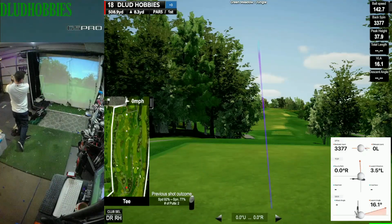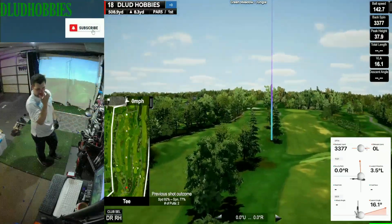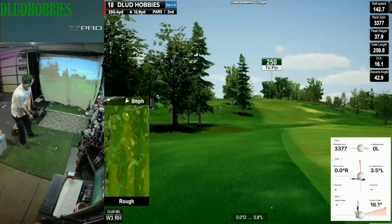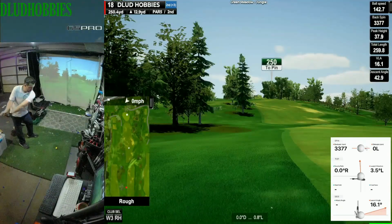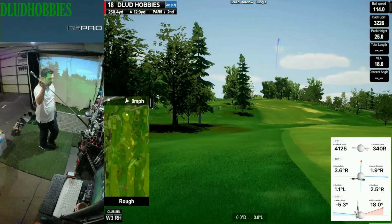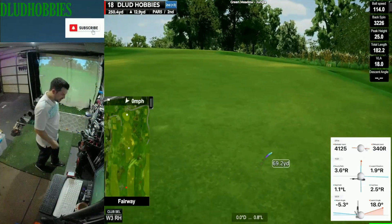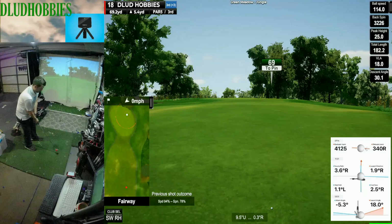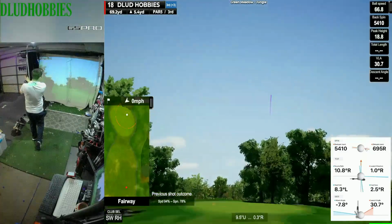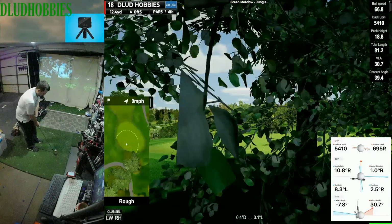This is a nightmare drive for me, usually trying to not fade it, but I did a pretty good job of keeping it on a straight line or even drawing, and we leave 250 left up the hill. I decided just to lay up. I desperately want to get a birdie here, so it's up the hill, 5 yards, playing about 75, and I hit it 90. So not going to happen unless we chip this in, but now need to secure a